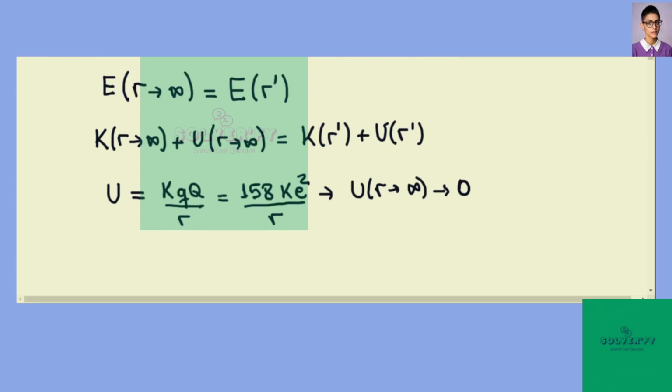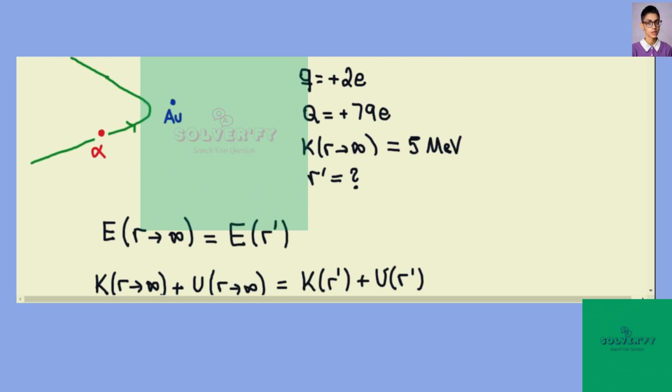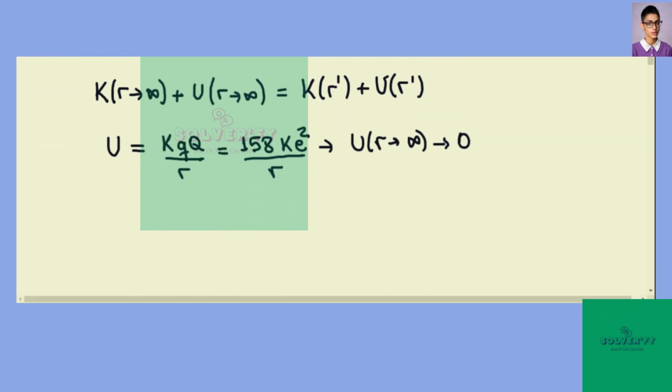Okay, and also notice that the kinetic energy in the distance of closest approach, which in the figure is right here, is 0 because the alpha particle is neither approaching nor going away from the gold nucleus at that specific time. It's still. So at that specific time, there's no kinetic energy of the alpha particle,